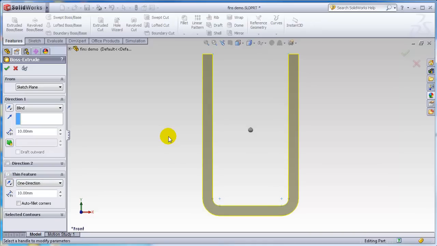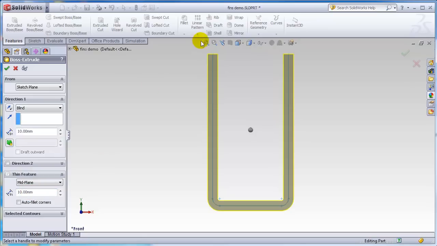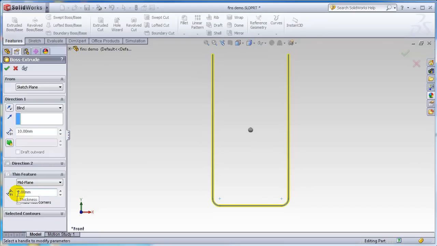I'm not really seeing my sketch very well right now. What I want to do is extrude to the inside of my sketch. Now notice there's one direction here. Let me change to mid-plane. Now we can see the sketch a little better. There's my sketch. Mid-plane, 10 millimeters. 10 millimeters is too big. I'm thinking close. Let's see what 2 millimeters looks like. 2 millimeters is a bit better,